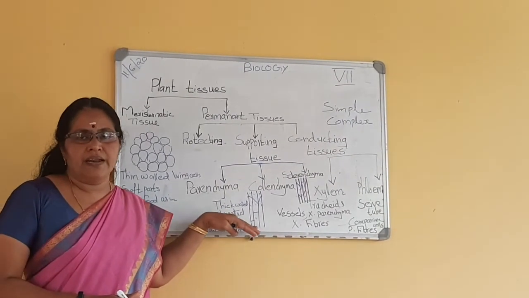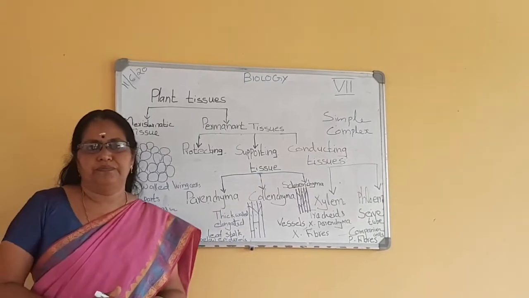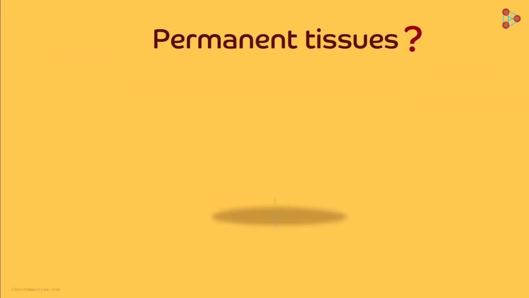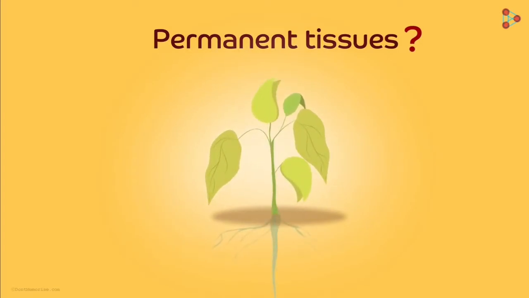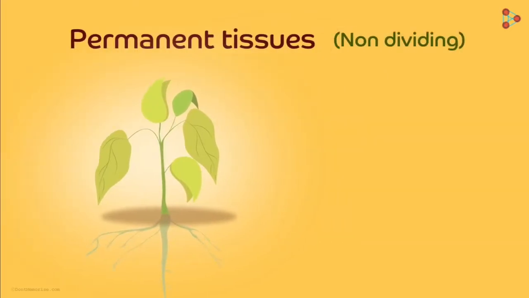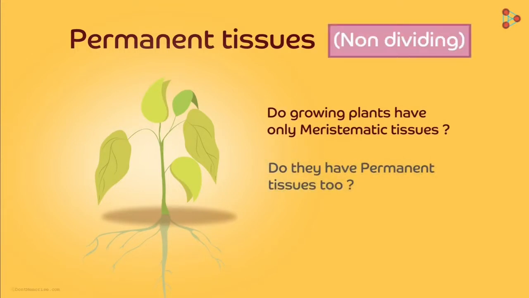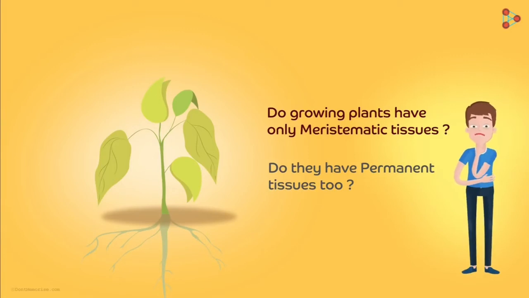To make it more clear, you can watch an animation. We studied about meristematic tissues, right? Now tell me one thing. Do plants also have permanent tissues right when they germinate from seeds? Permanent tissues are composed of cells that have lost the power of dividing. That is kind of out of place, right? The plant is growing and thus must have only meristematic tissues. Permanent tissues would mean tissues that are already present and those that do not divide. So initially, if the plant does not have permanent tissues, where do they come into the picture?